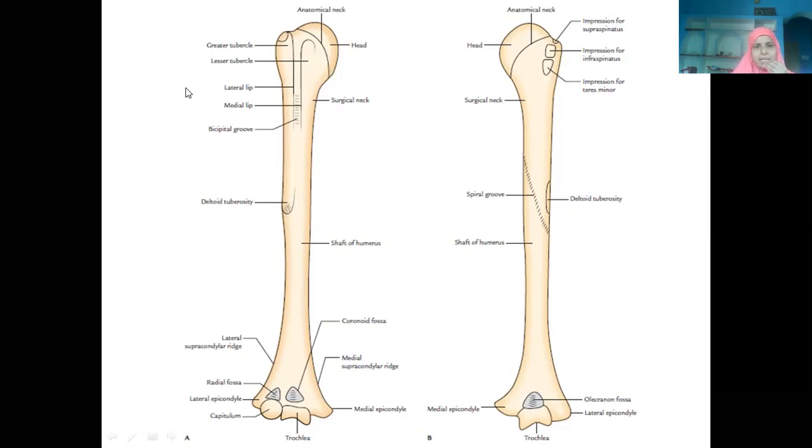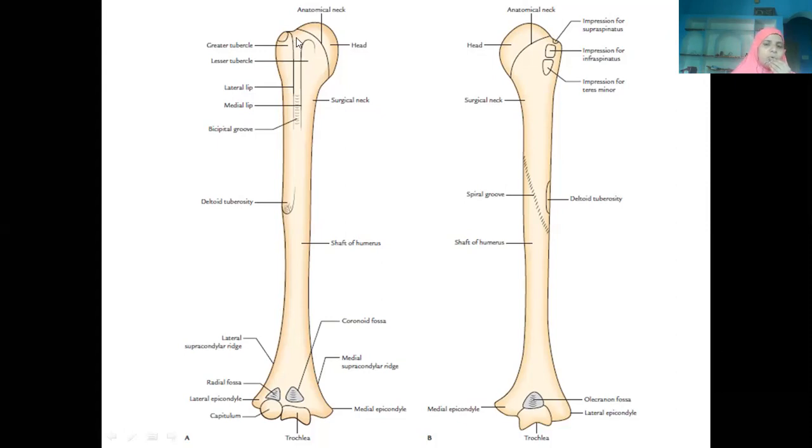The place where the humerus tends to get fractured when we fall on an outstretched hand is called the surgical neck. So we have anatomical neck and then we have surgical neck. Then at the upper end we have two bony elevations: the greater tubercle and the lesser tubercle. Near to the midline we have the lesser tubercle, and away from the midline we have the little bigger elevation, called the greater tubercle.